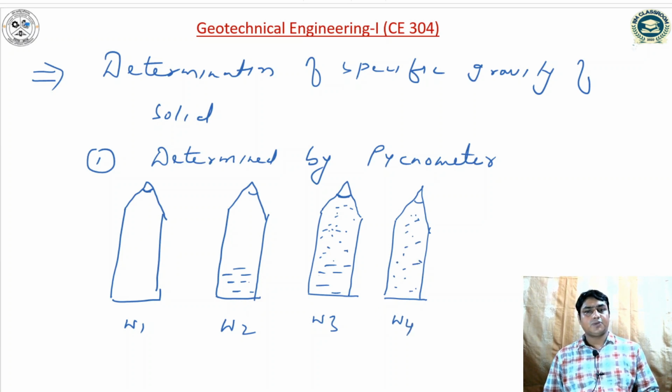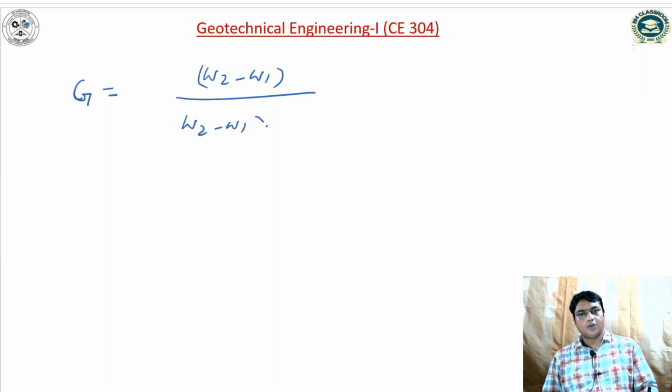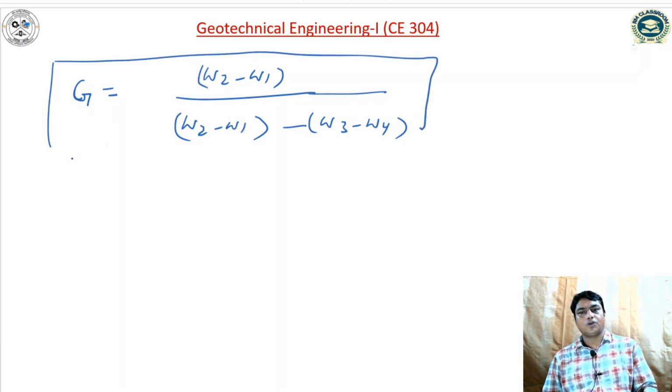So the specific gravity of solid, G, can be computed as W2 minus W1 divided by W2 minus W1 minus W3 minus W4. So this is the expression of specific gravity of solid by